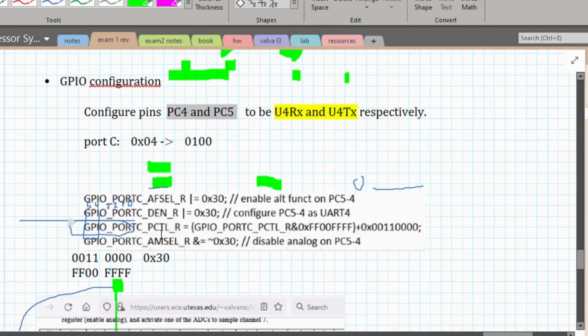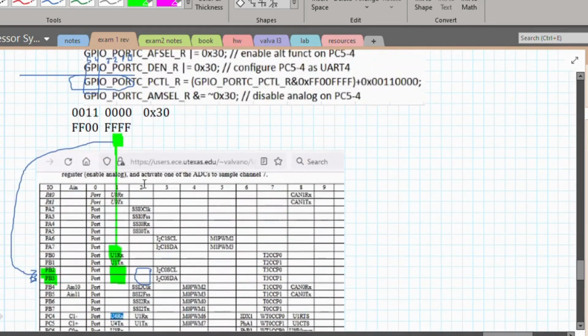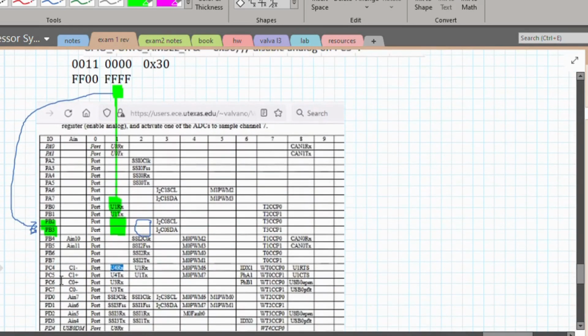Okay, so let's go down here. So this is what you're going to use to know what to write in a PCTL. So in this case, we know that we are writing to